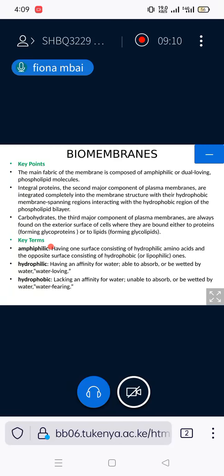was successful. So there are key terms that you need to recall. Amphiphilic, that is one having one surface consisting of hydrophilic amino acids, and the opposite surface, which consists of hydrophobic or water hating or lipophilic ones. Then you have hydrophilic, having an affinity for and able to absorb or be wetted by water, and this is water loving. So the outside side of the cell, which is exposed to the extracellular fluid, is called hydrophilic, and the inside part of the